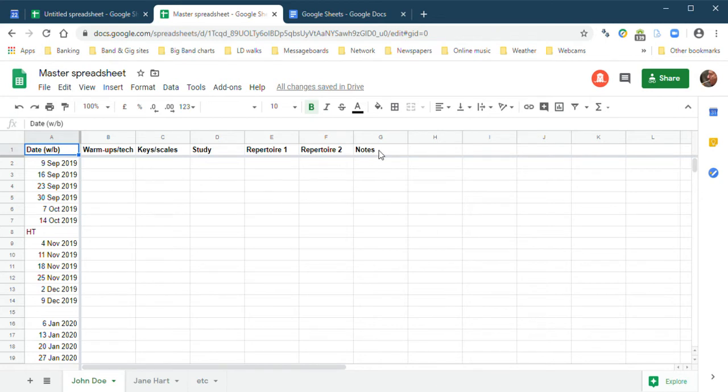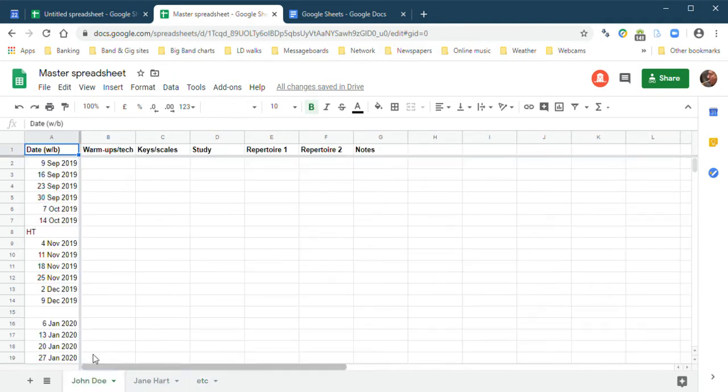the left and how I organise my lessons across the top. I'm assuming you're okay with spreadsheets. You can do all this however you like, format and all the rest of it. I won't go through that because that will take up a lot of time. Down the bottom we've got all the tabs. This is the crucial bit. Each one is after a named person,